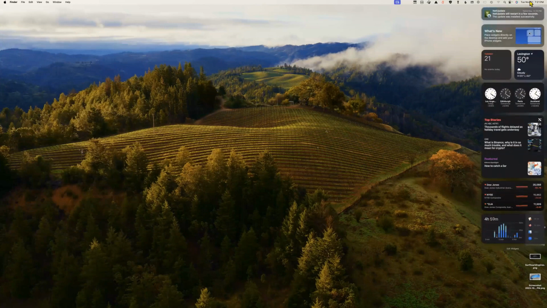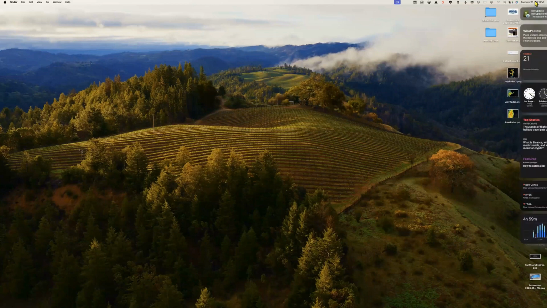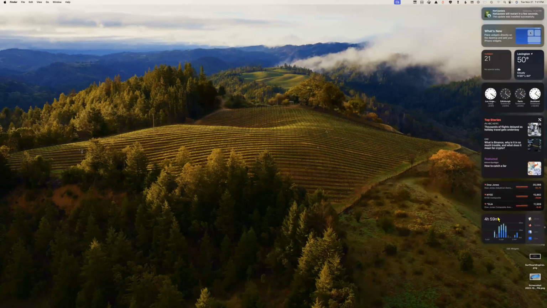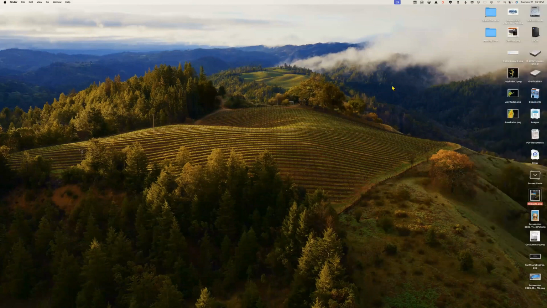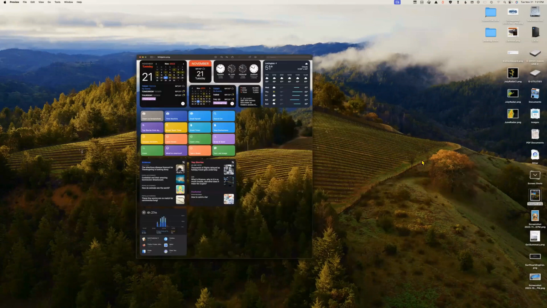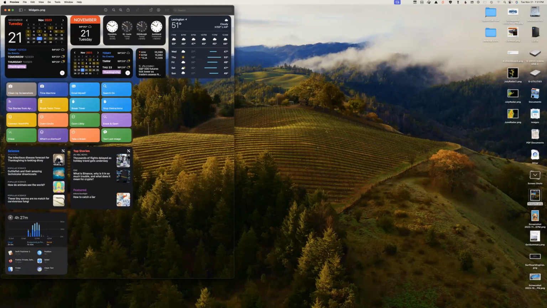Can you see these widgets? Yes. Okay. These are traditional widgets that have been around for quite a while, years. You click on your clock and they appear, and you can also use these. You can turn them off. You can mix and match, whatever you want. I find since these are on the desktop, the new widgets with Sonoma, these over here, I use these a lot more. And they're always in the background,